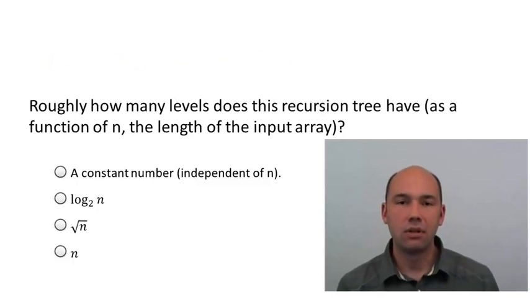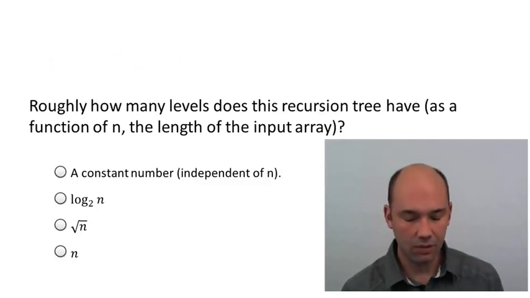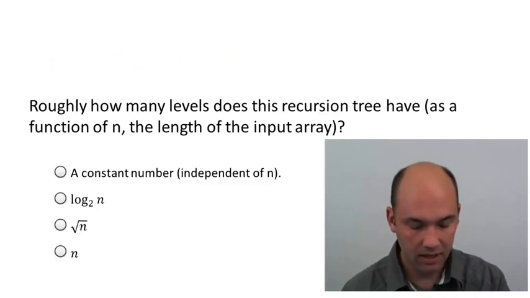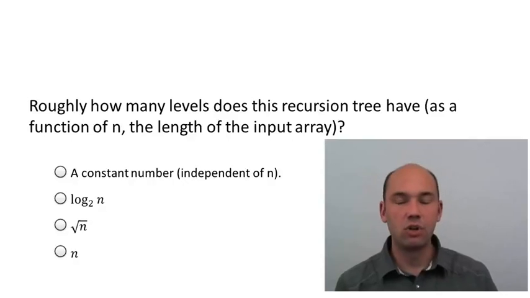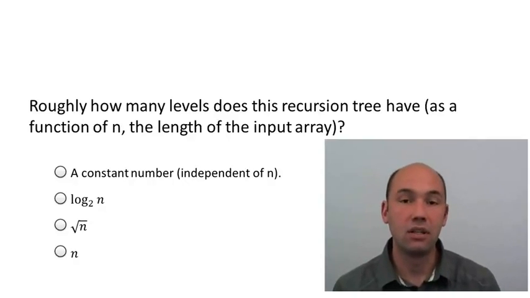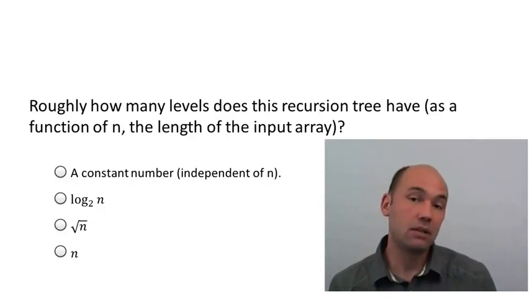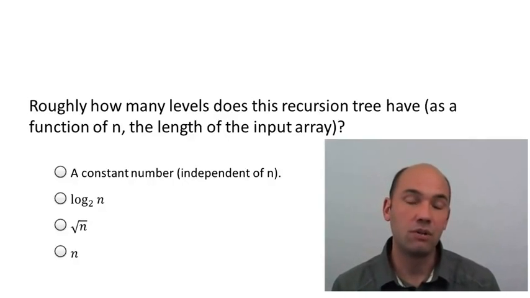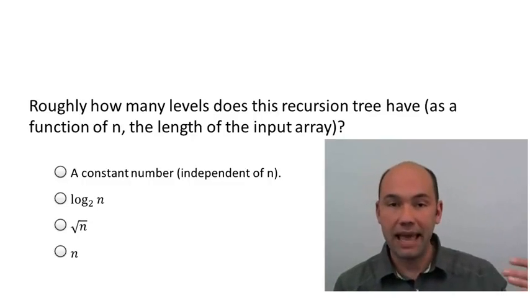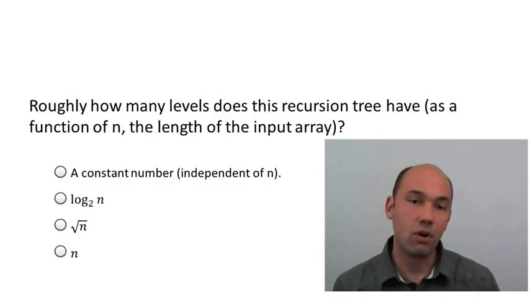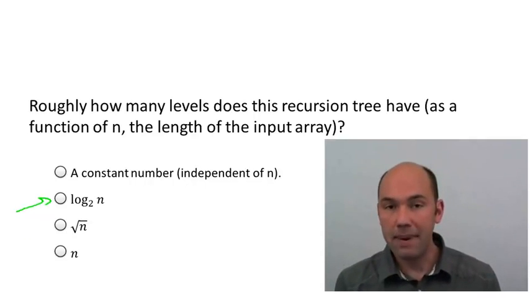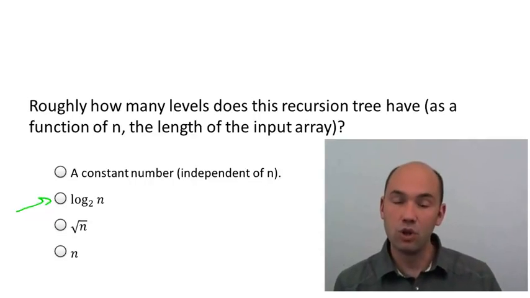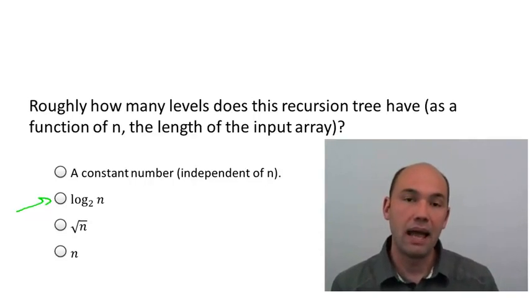Okay, so hopefully you correctly guess that the answer is the second one. So namely that the number of levels of the recursion tree is essentially logarithmic in the size of the input array. The reason is basically that the input size is being decreased by a factor 2 with each level of the recursion. If you have an input size of n at the outer level, then each of the first set of recursive calls operates on an array of size n over 2. At level 2, each array has size n over 4, and so on. Where does the recursion bottom out? Well, down at the base cases, where there's no more recursion, which is where the input array has size 1